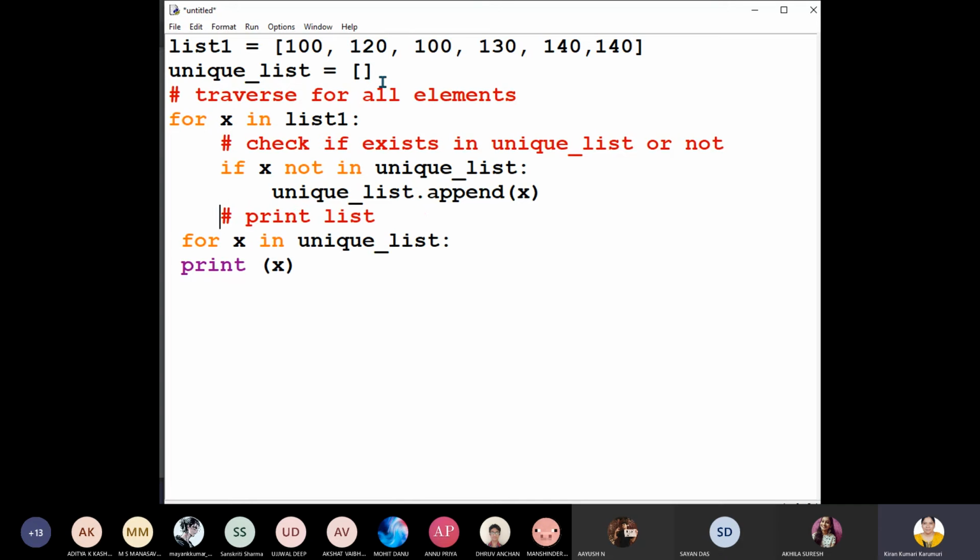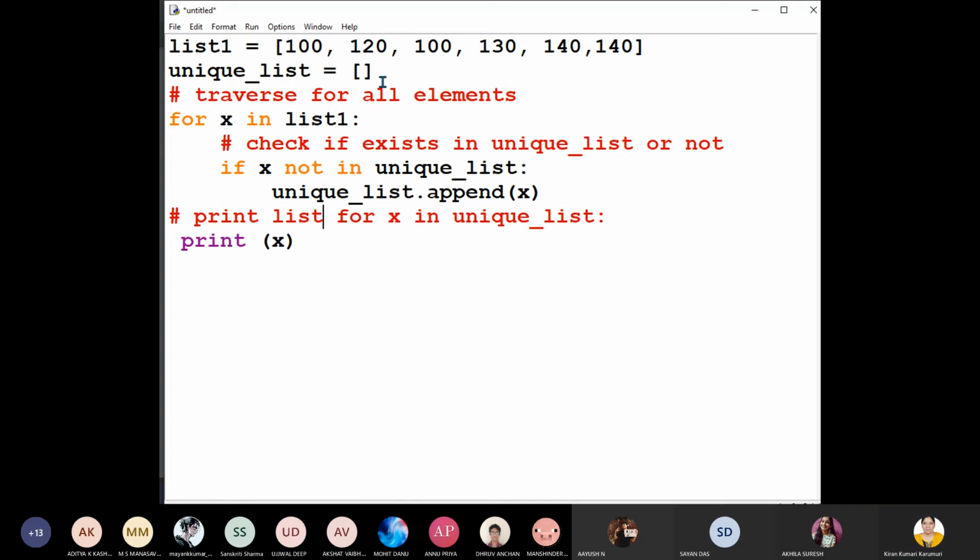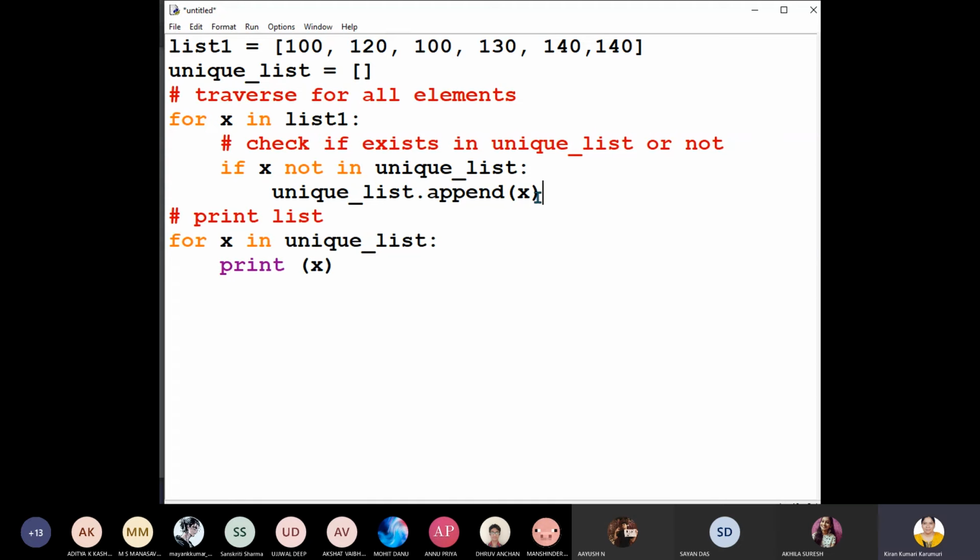Otherwise, we will not append. When to append? For x in the list, whatever value we have taken, 100, if it is already added to the unique list, then don't take. If it is not in the unique list, then add that x to the unique list and finally display this list.